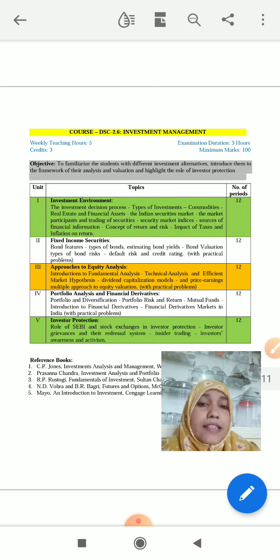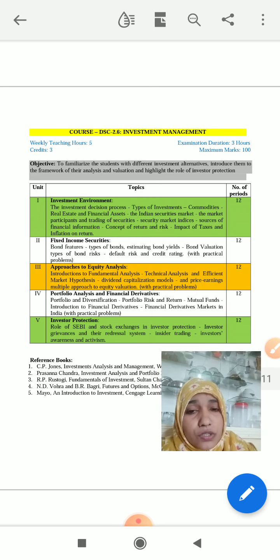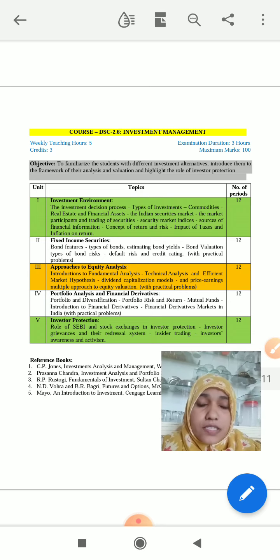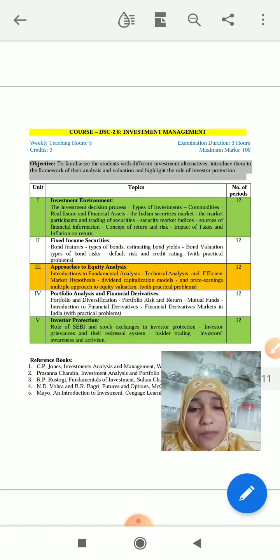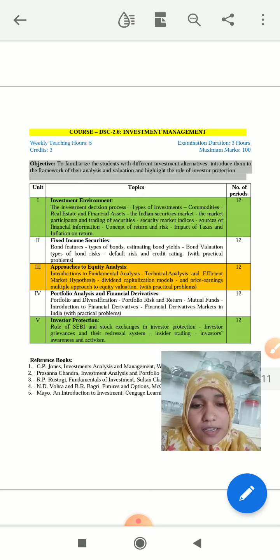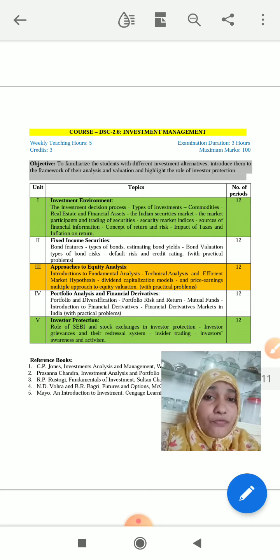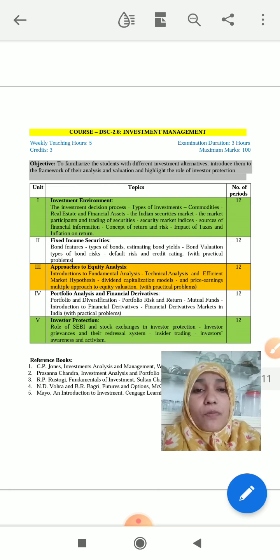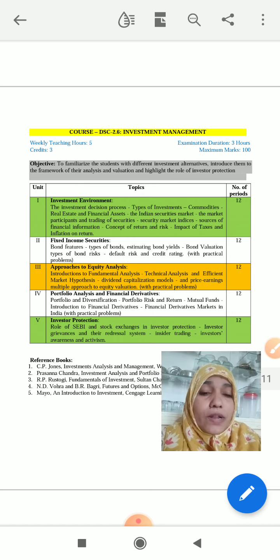This is the entire content which comes in this chapter. So this is the whole syllabus of investment management. My dear students, this is a very interesting subject to get to know the various investments and alternative ways. Nowadays it is very important to know how to save money for the future and how to utilize it. From this subject we will get to know how to protect our money, how to invest, where to invest, and different ideas. Being a commerce student, this subject is very important.